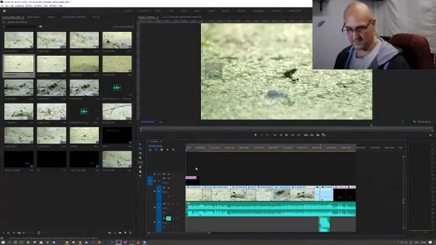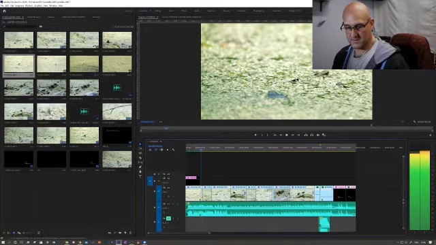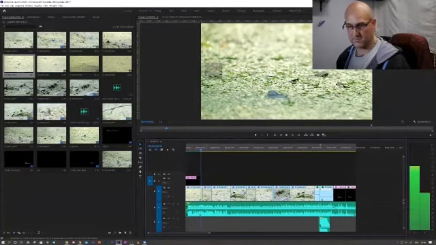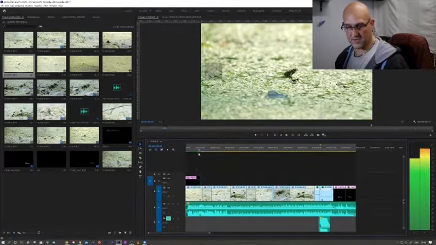My whole PC's starting to lag a little bit now, which is expected. So the little marker there is where he makes his jump. We've got a cut straight after he makes his jump.